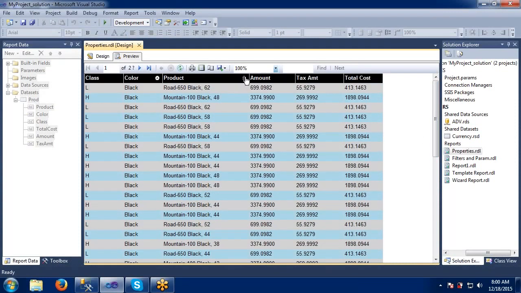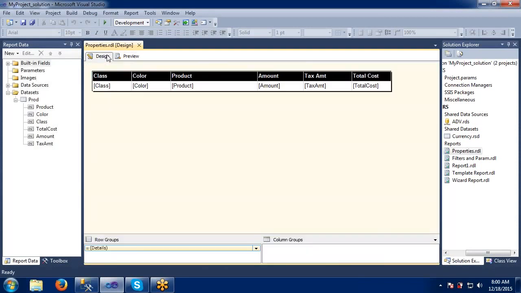Okay, somewhere I have given on the product also. If you want to sort on the product also, you can give the sort on the product also. Now I have selected color and product. Both are in sorted order now. Like this, we can sort any column on this. So this sorting option should be enabled on the column, then only it will work properly. We can specify in the column also, but it won't be that meaningful here.